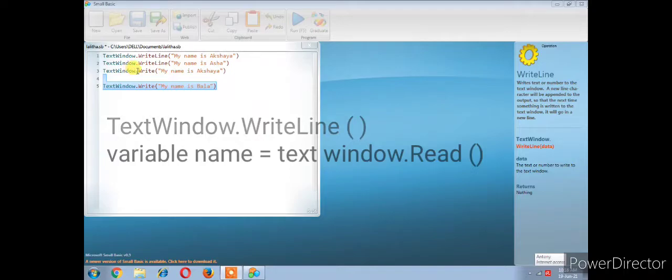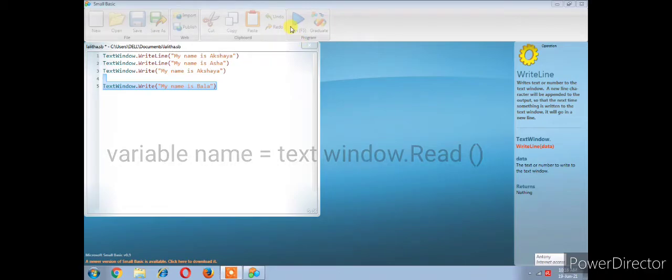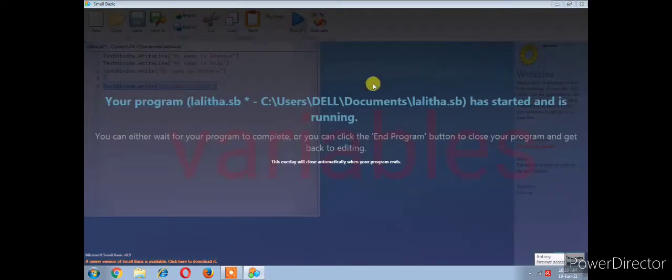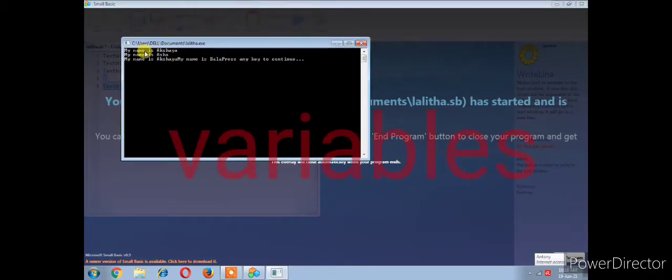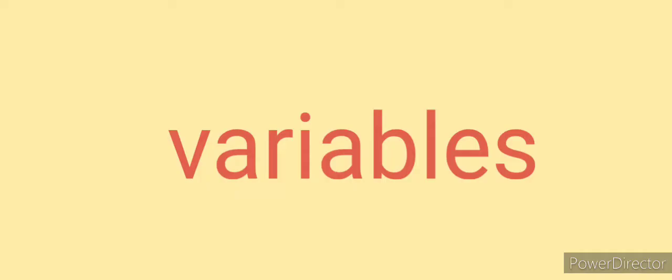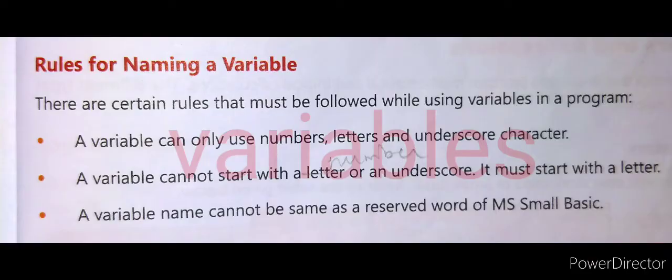Variables are used to store some information in the computer's memory while working. To store such information, a program needs a variable. A variable is a place in the memory of the computer where the data is stored temporarily. They are called variables because the variables can be changed during the program execution.